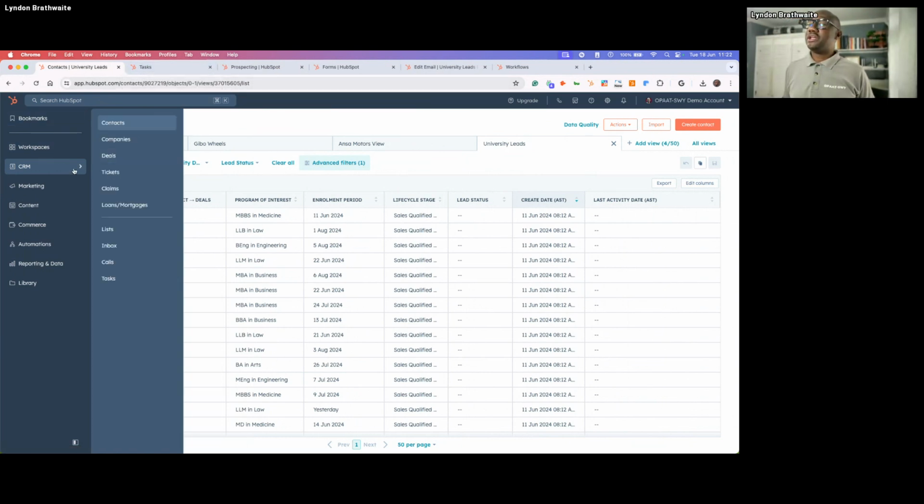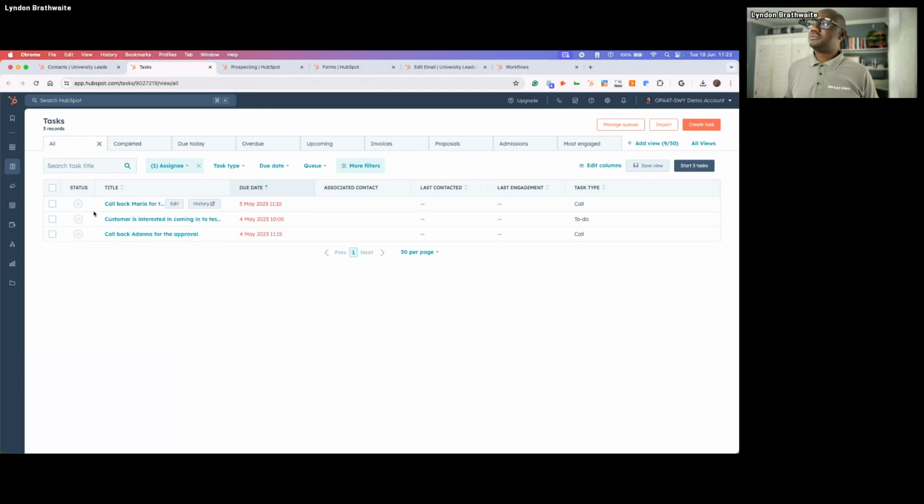So within the portal, coming into the CRM, and we go down to where it says tasks, right? Here, it is extremely important in terms of how you manage your tasks, because then that now shows up on your phone. It shows up on your desktop. You get it as an email in the morning as a summary, because again, it's a lead, and you have a specific activity to do for said lead. Again, it also comes back down to a certain level of discipline as well. All right. So task management is one of the main things. And guess what? I'm talking about it now, but we'll maybe come back with it later.